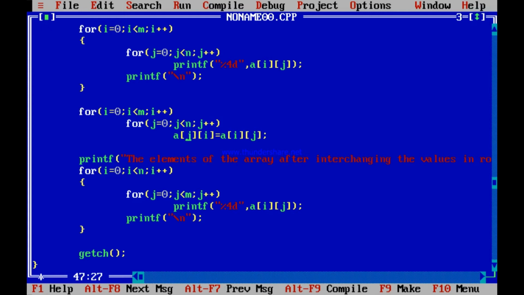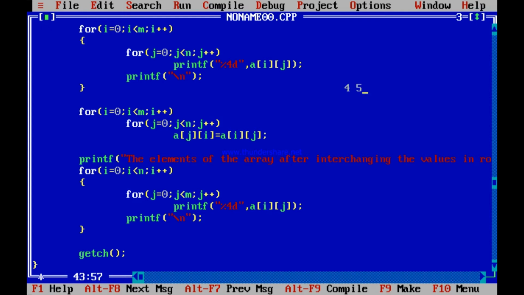Things are fine. Now suddenly i becomes 1. j is 0. What are you doing? You are copying A10 to A01. Previously you copied A01 to A10. Now you are copying A10 to A01, which means you are changing the change which you made. What to do? How to do it? Let's see. For understanding how to write it, let me put an example over here. Where was the mistake and how can I rectify it?